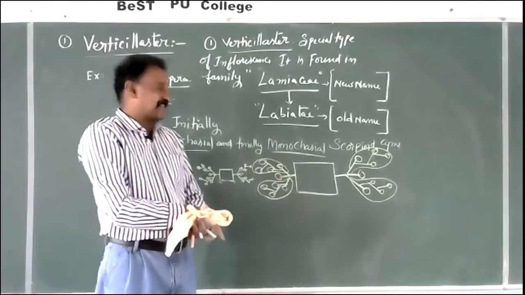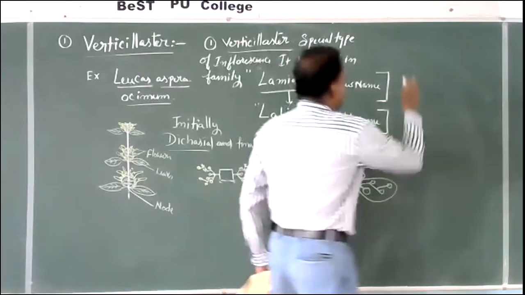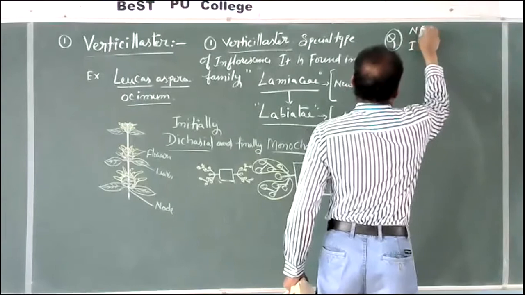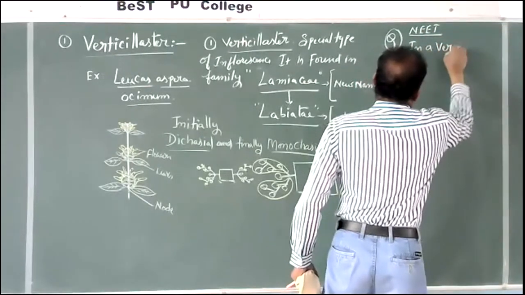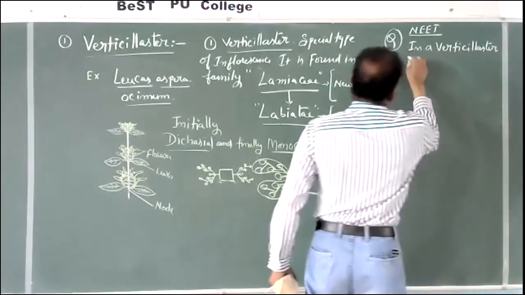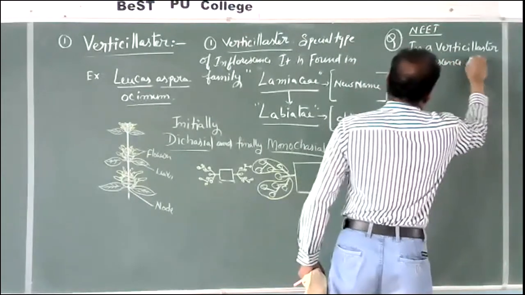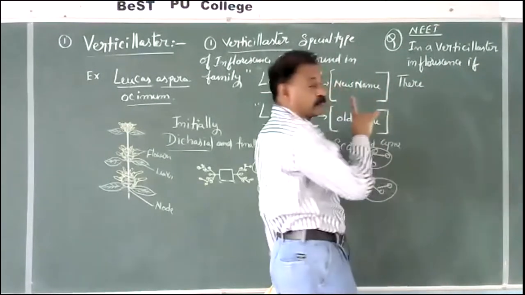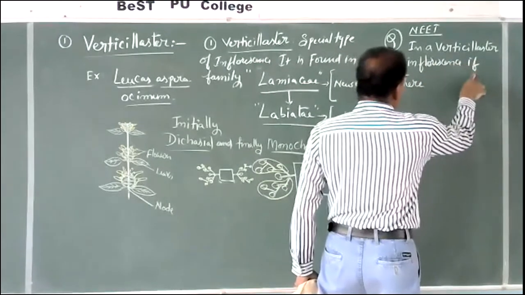Again, if they ask question, in a verticillaster inflorescence, listen carefully, by the end of the question you have to be ready to give answer. In a verticillaster inflorescence, if there are